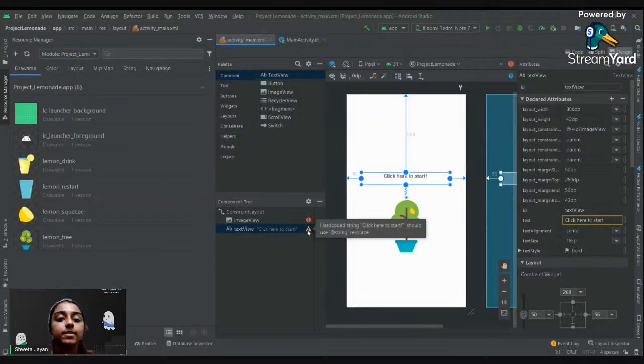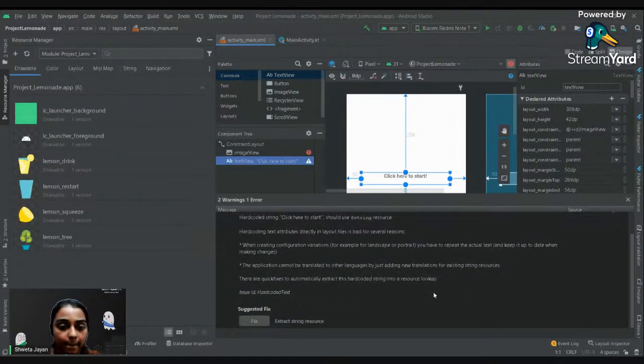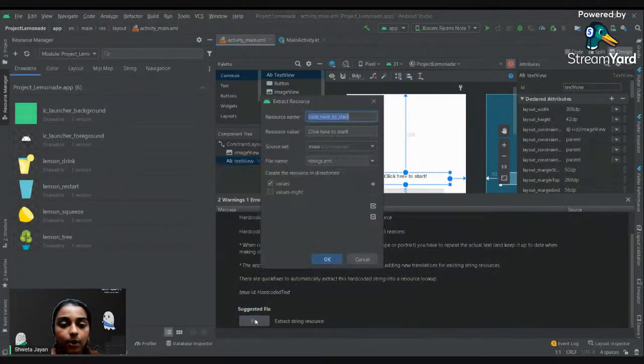Now you can see this symbol here, right? In order to remove that, it's really easy. A quick fix is given. Just click on it, and under the suggested fix, click on fix, and we need to give a resource name. So in order to refer to this,